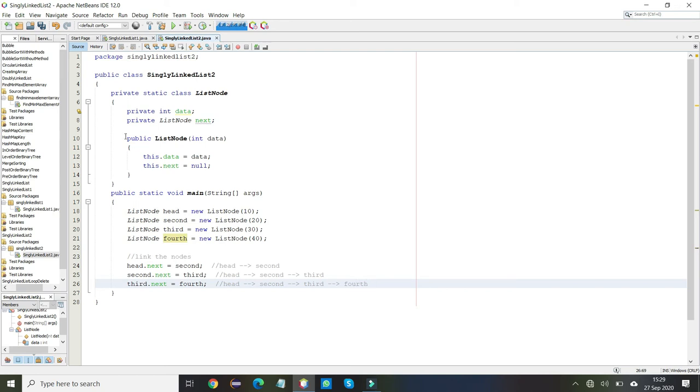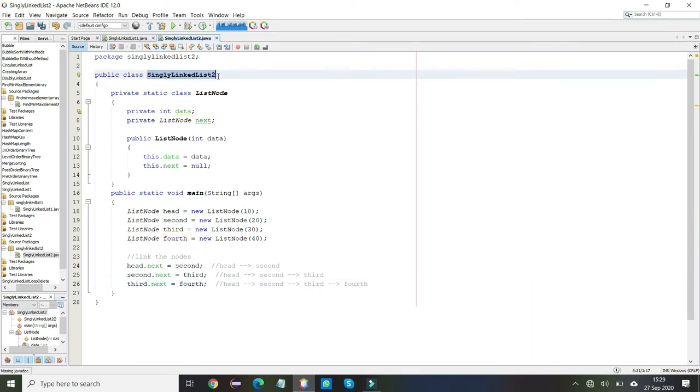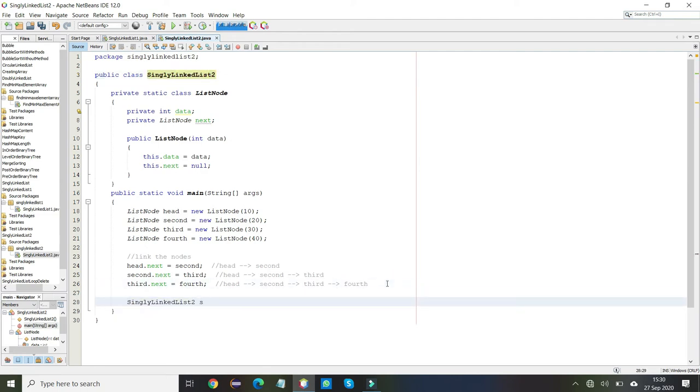Now we can make the object of this outer class. Suppose the object name is s. Here we can create the object of the outer class.